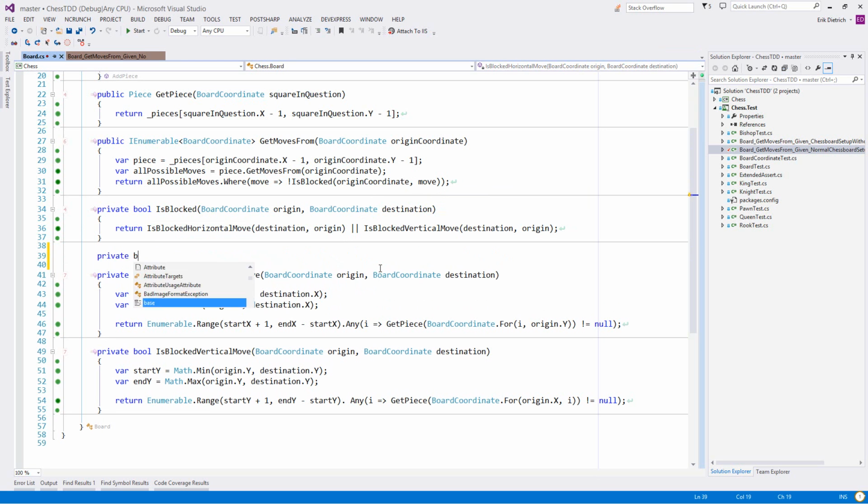And the problem is that both methods, in order to work properly, assume that I'm passing in two things that are aligned horizontally or vertically. If not, if I were to pass in diagonal, weird stuff would happen. So what I started out with here is teasing out a new implementation of these things where